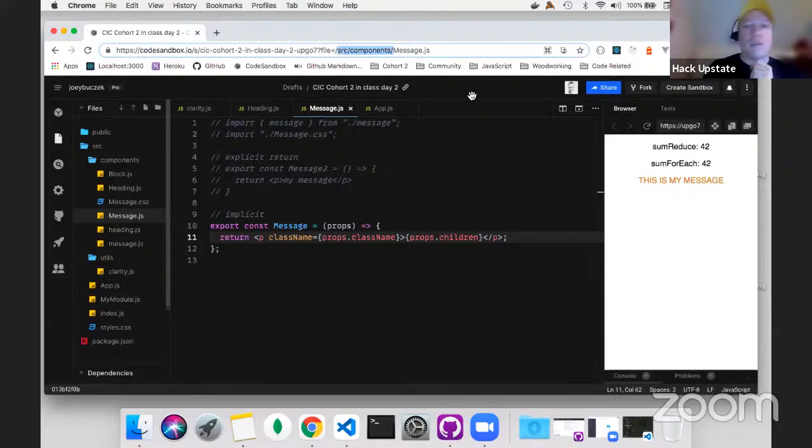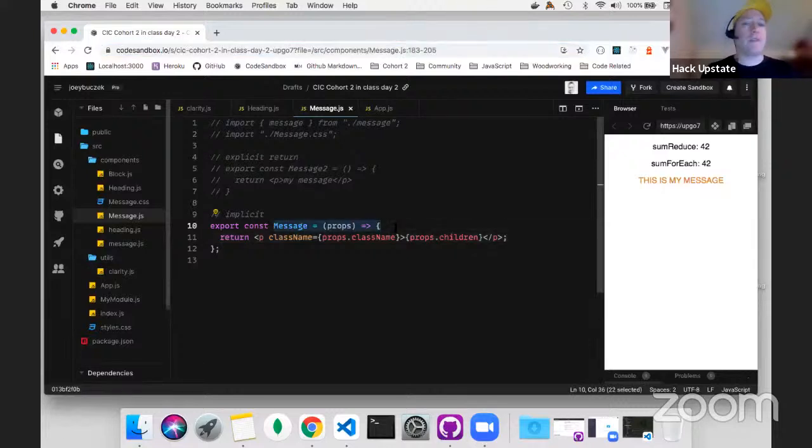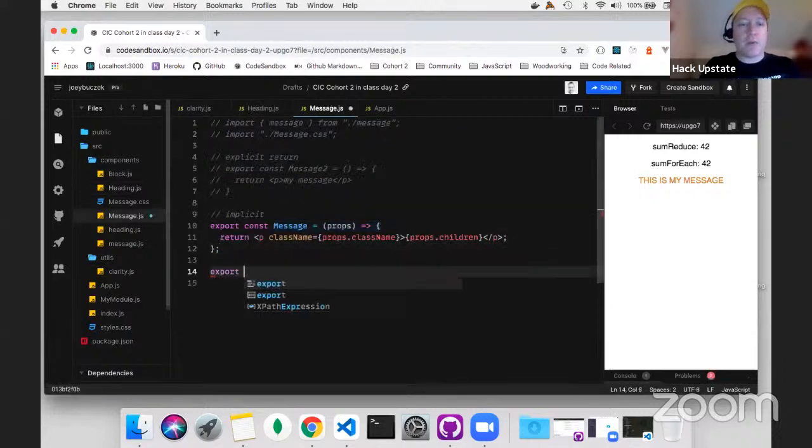So let's start with the first thing we want to talk about, which is hooks. Because you haven't touched React before, I do have to preface hooks with talking about two different types of components. Now, there are function components, which is all we've seen so far. So we can see this is a function. Clearly, that's a function signature. It's an arrow function. If I can do the exact same thing, we'll say export function message 2,